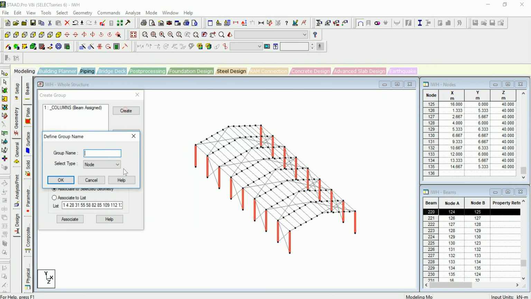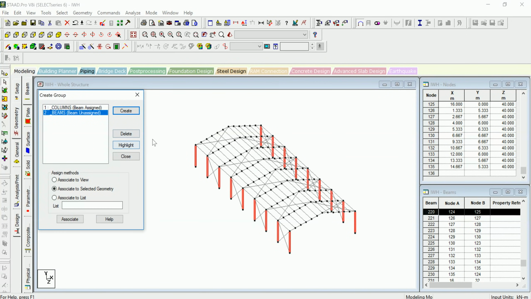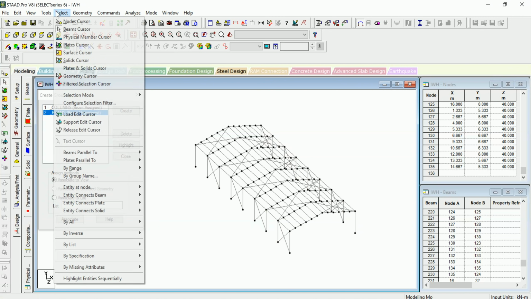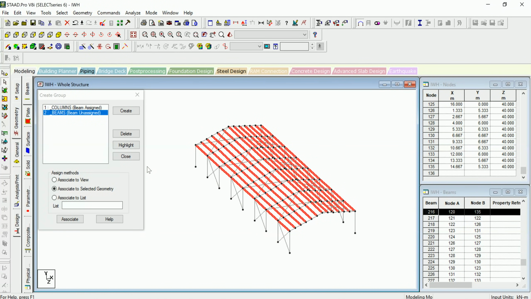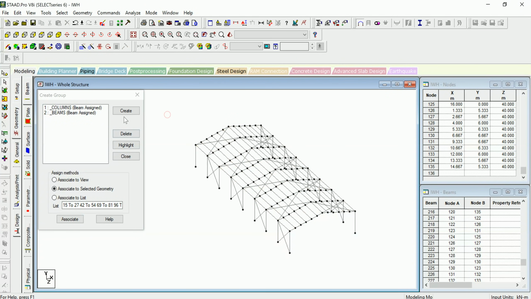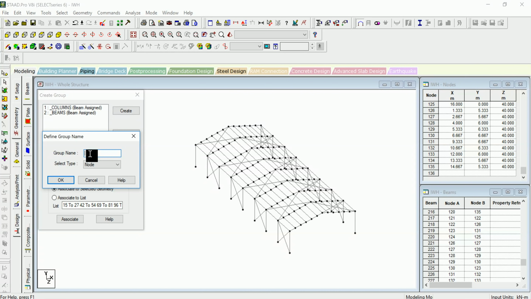Now create a new group. In that I am going for beams, and again go for type as beam. In that just again select beam parallel to z-axis, associate. Now I will create one more group for side,